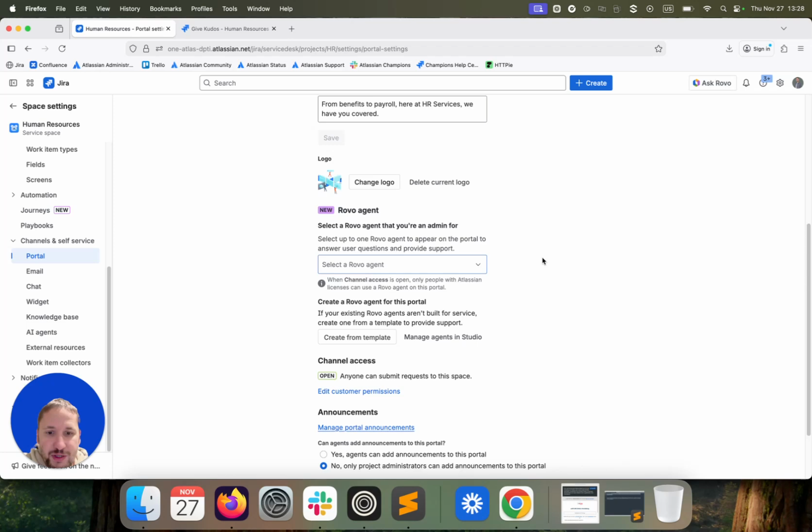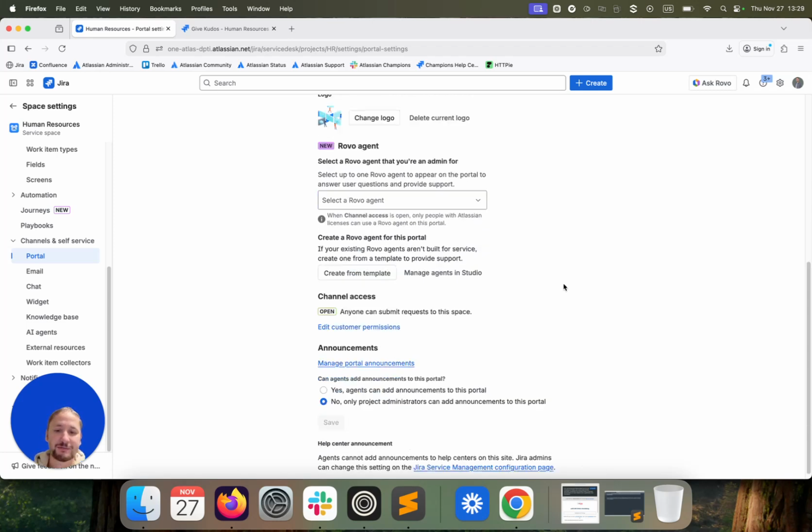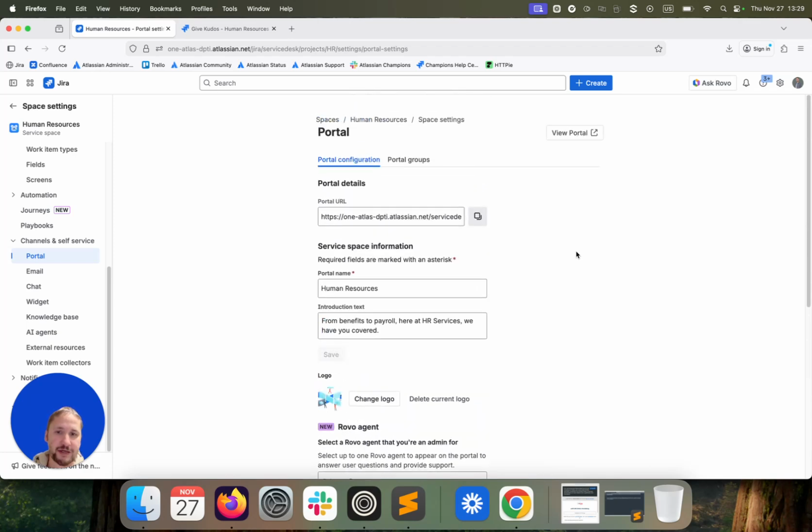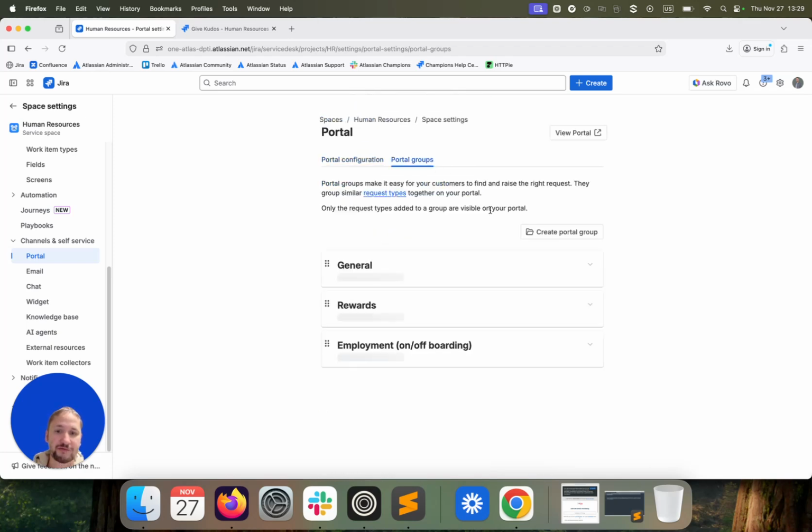So it's saying that basically from here, I don't have any of this. So when channel access is open, only people with Atlassian licenses can use robo agent on this portal. So this is something to actually have in mind. I don't have any agent right now. You can go ahead, and if you actually want, you can create from templates, and also you have these portal